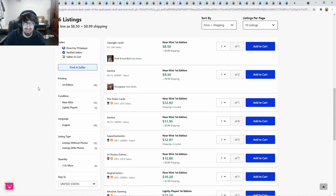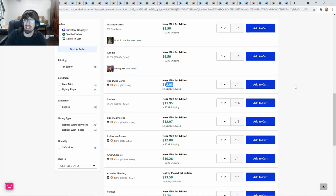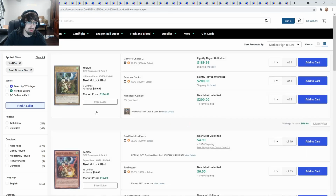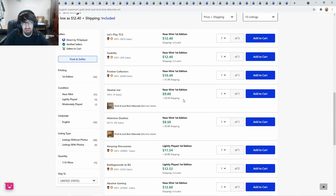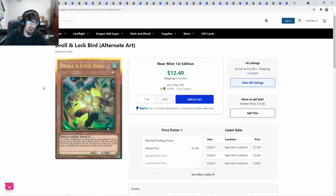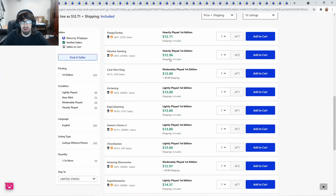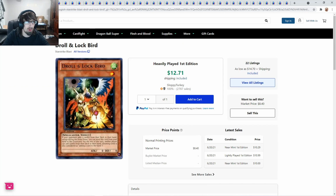Now, this is where we get into some crackhead mentality. These are $13 for commons. Now, I told people to get these at $1 for a penny stock. And the worst part about this Droll & Lock Bird, now we have others pulled up here, but I'm actually going to type it in. The alternate art. You guys saw that the common was 12, right? The golds are the same thing. Tell me why people would rather play a common than this gold rare. I don't know. People paying $12 for commons. That's some crackhead mentality. Starlight... Star Strike Blast rares, which is actually the version I kind of want. First edition light plays are at $13. First edition near mints are $14, $15. So, wow. I know it's Droll, but like...